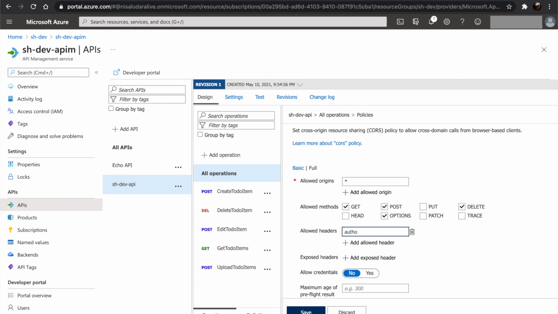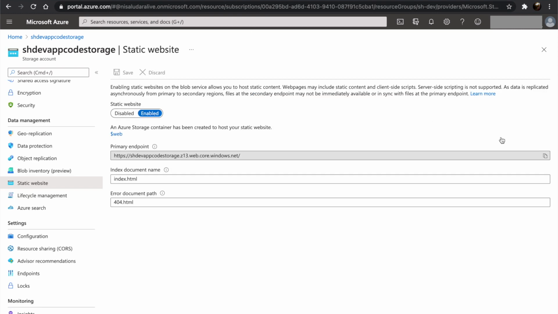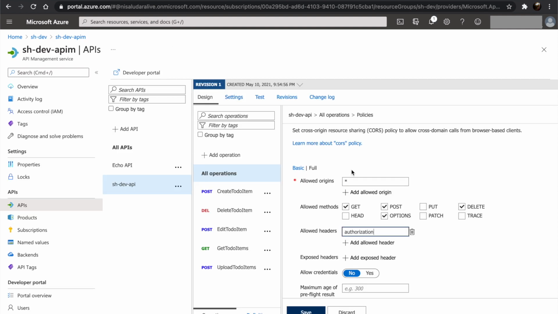Let's allow authorization header. Let's copy the URL for the web app and add it as allowed origins. Click on save.